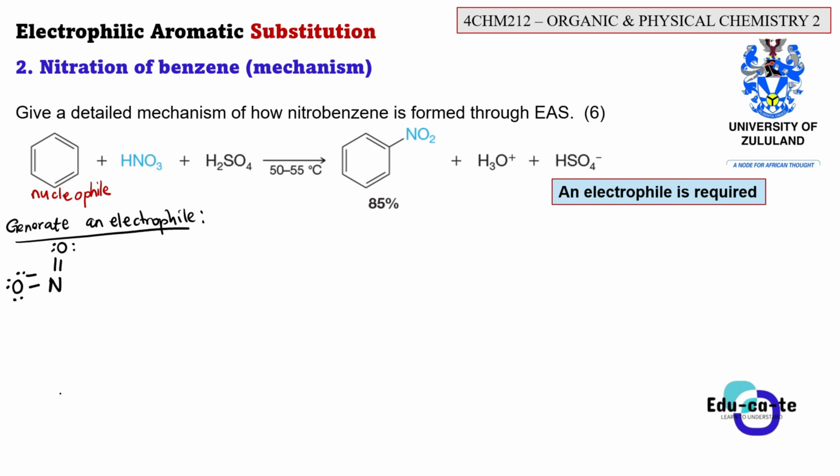All right, please go and revise your organic chemistry 1 from first year level. You will understand that when this oxygen is only single bonded to the nitrogen, it must acquire a negative formal charge. And then we also have an OH group here, which is the hydroxyl group. So this is the structure of the nitric acid.